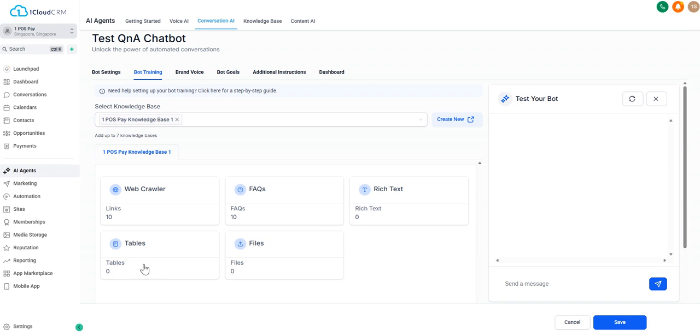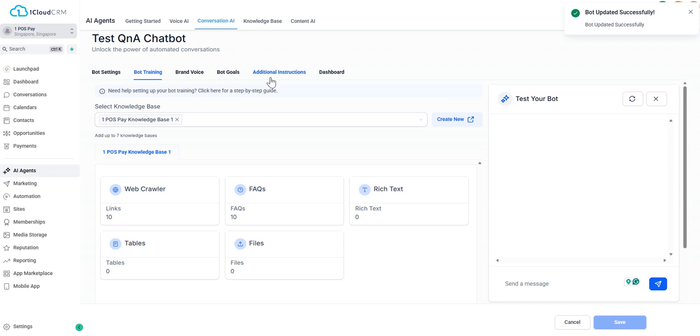Let's say your pricing table or your service catalog. This will help the AI to understand your business. If you don't have a website, it's fine. You just provide a FAQ, rich text or table will do, or even a Word document, PDF also can. So you see on the right side, actually you can test the chatbot. Okay, so now we save the